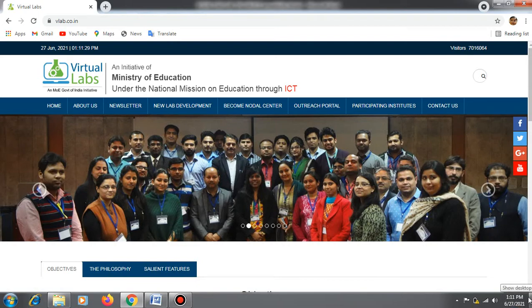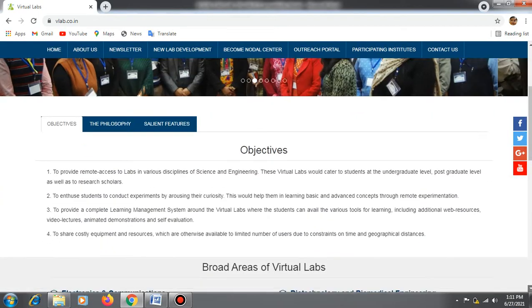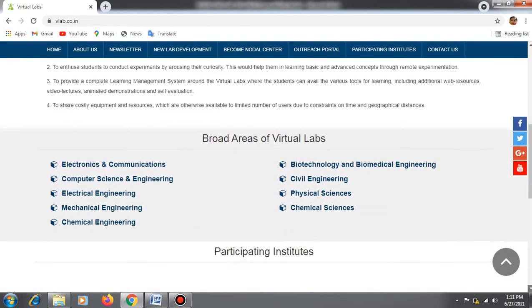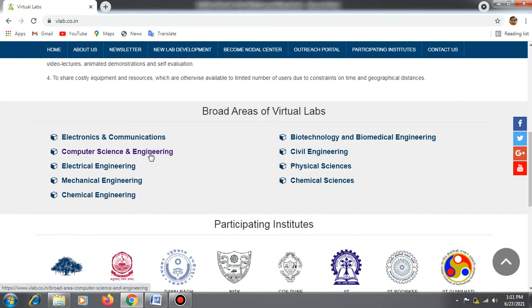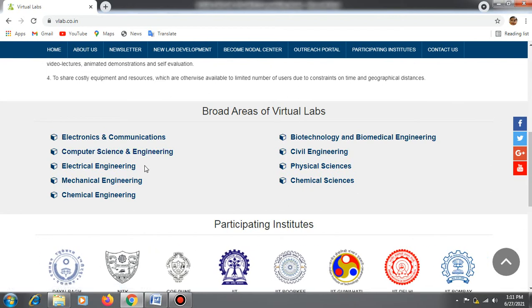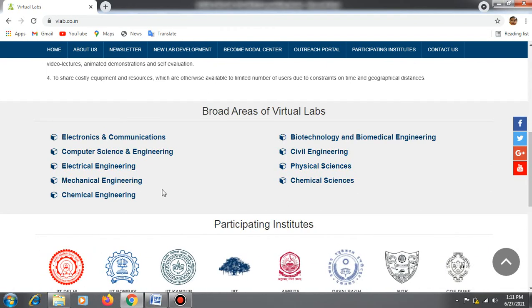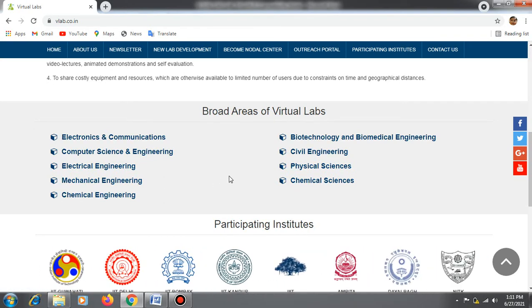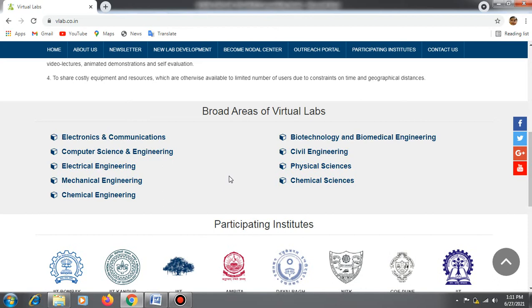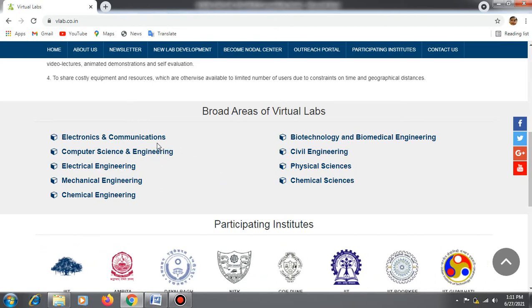You can see the broad areas of Virtual Lab, which are electronics and communication, computer science engineering, electrical, mechanical, chemical, and all other areas. To perform our experiment, which is VI characteristics of PN junction diode, it is in the electronics and communication branch.